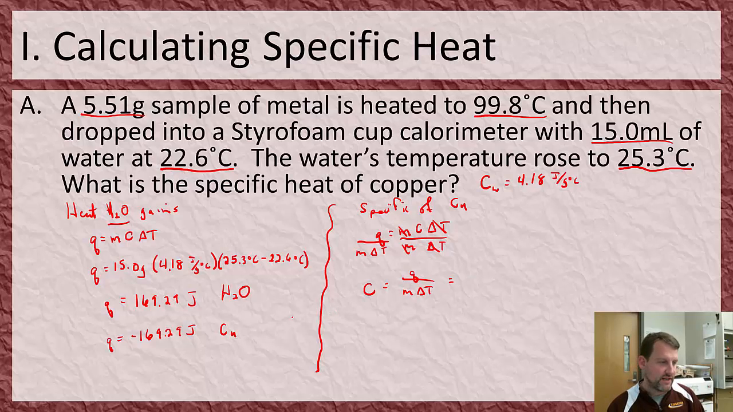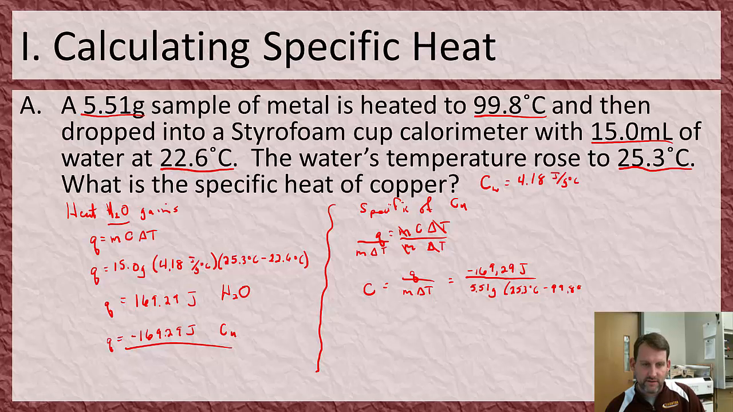So I'm going to plug some numbers in here. So I've got my Q over here, my heat over here. So I have negative 169.29 joules, and it's negative because the metal is losing heat, divided by the mass of the metal, which is 5.51 grams, and the change in temperature of the metal, which went from 98 to 25.3. So we do the final minus the initial. So it's 25.3 degrees Celsius minus